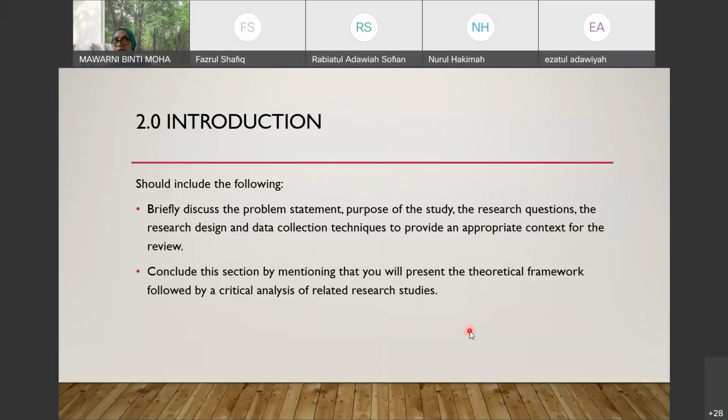Yes, you can. I don't see there's anything wrong with it, because you have mentioned some in your problem statement. Remember, I mentioned just now, you may cite certain literature in your background also, as in your statement of problem, because you are referring to the previous research as well. Problems have come up before. And in chapter 2, you give more detail or more comprehensive based on the review that you have mentioned before. Yes. Okay, Nurul? Hope I've answered the question. Okay, thank you. Good question.